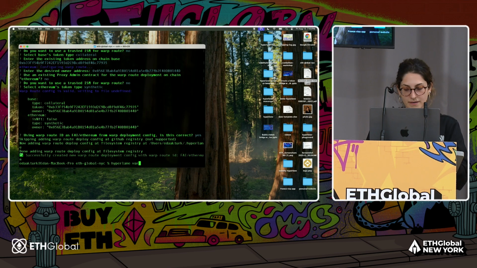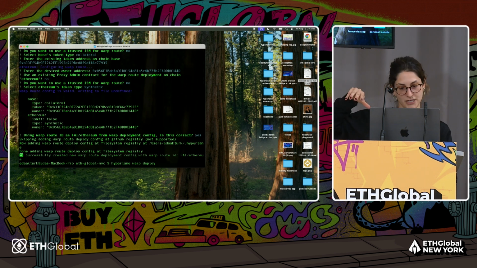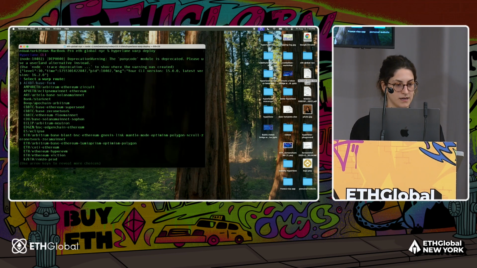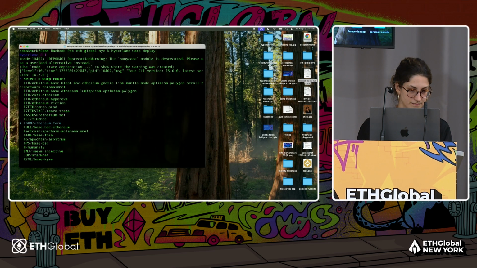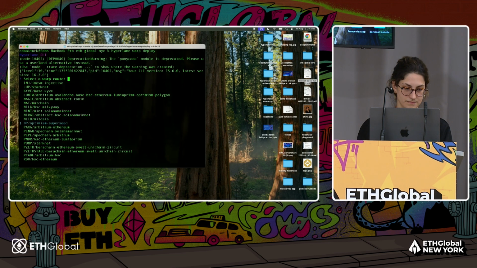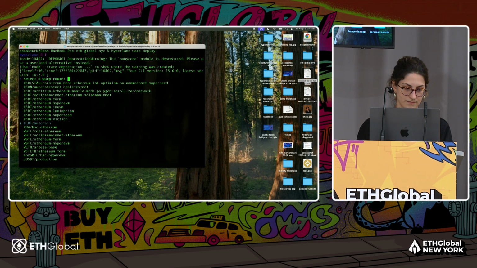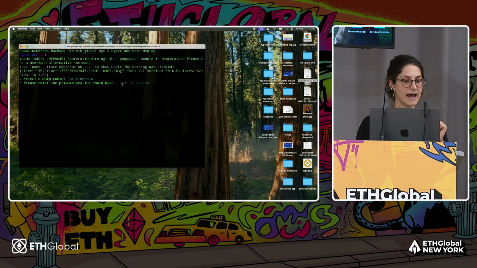I believe the next command we run is Hyperlane Warp deploy, and this will ask for the settings of what you need to deploy, and it will automatically deploy all the Warp Route contracts that we saw on the second image. This is going to ask me for my private key.